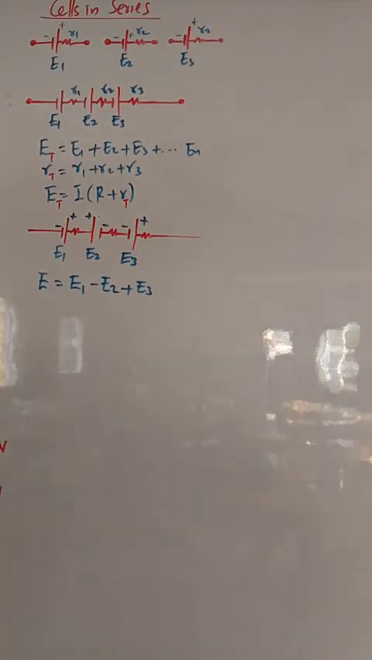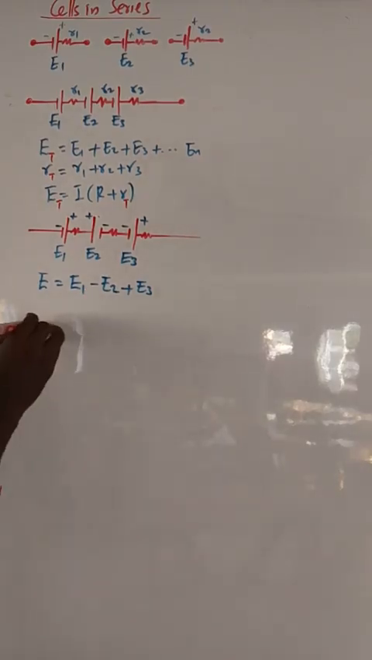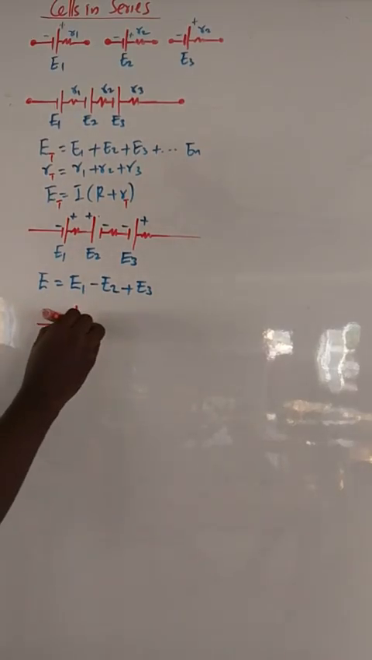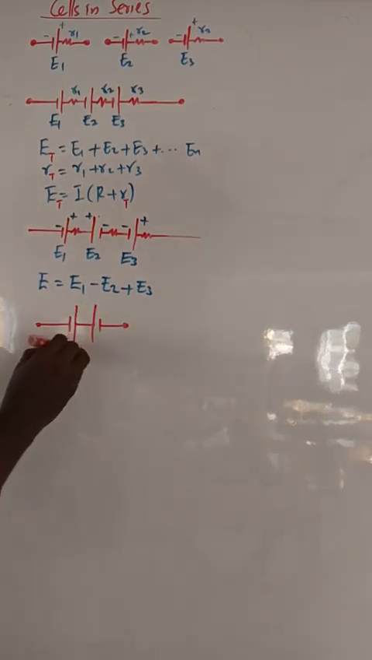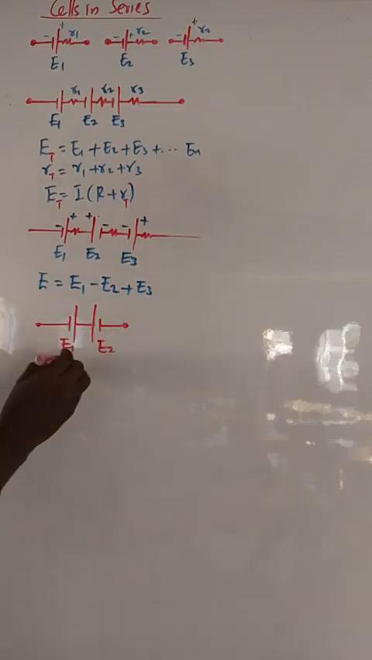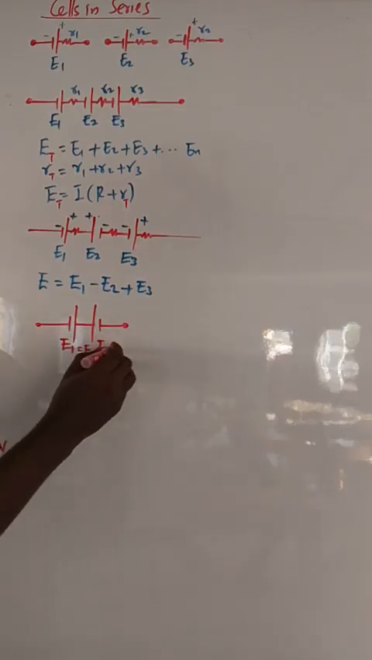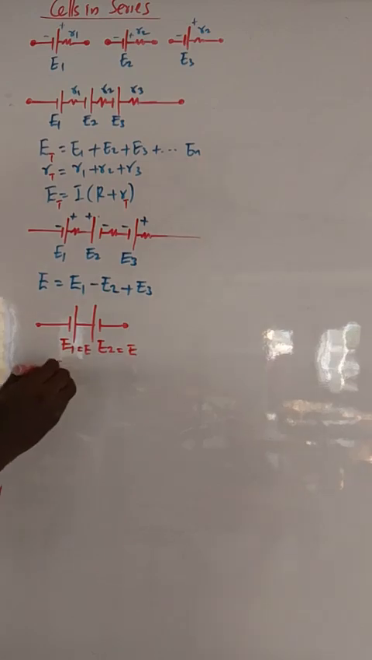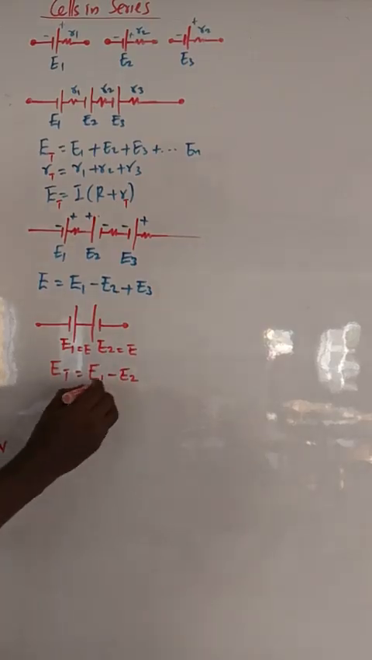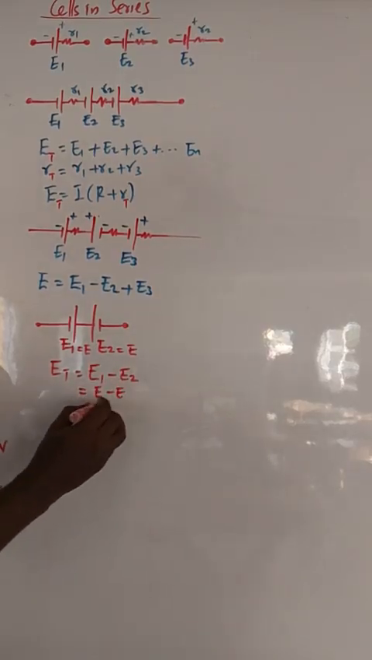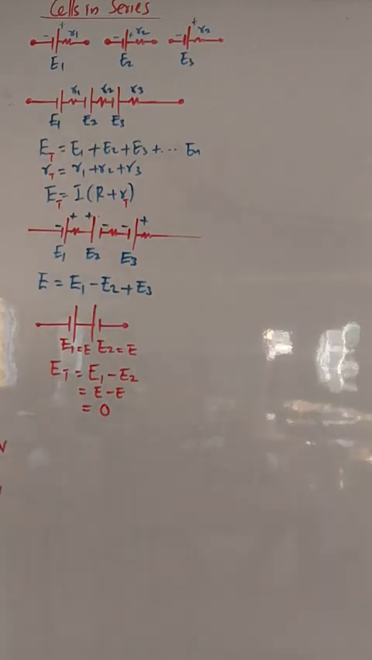And that is why if you have two cells of equal EMF and they're connected this way, this is E1 and this is E2. If E1 is, let's say, E and E2 is also E, in this case the effective EMF equals E1. This one that is swapped will be what? Minus E2. E1 is E, E2 is E, E minus E is 0. So if you have two identical cells or batteries and you arrange them this way, the bulb is not going